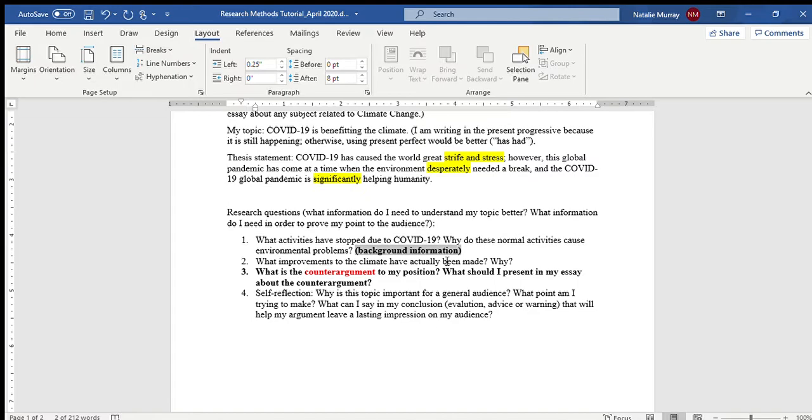Anyway, before I keep drooling on, number 2, what improvements to the climate have actually been made and why? Okay, so I'm going to need to find some information on what those actual improvements are. Otherwise, I don't have an argument. Okay, so that's another point. Make sure that you have an argument. I mean, that should be common sense, but apparently common sense is not common. So if you don't find any information about your argument,